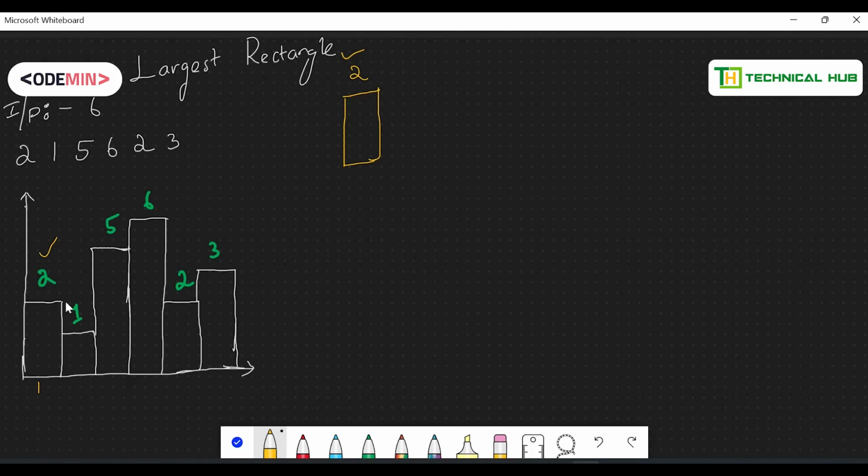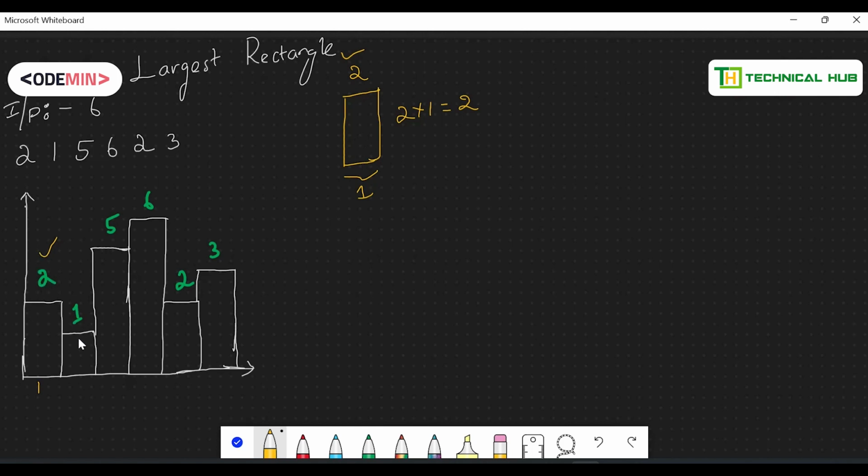So the only rectangle I can create by using the first histogram is itself: the height is 2 and the width is 1, so the area will be 2 into 1. This is the area of the rectangle you can create using your first histogram.